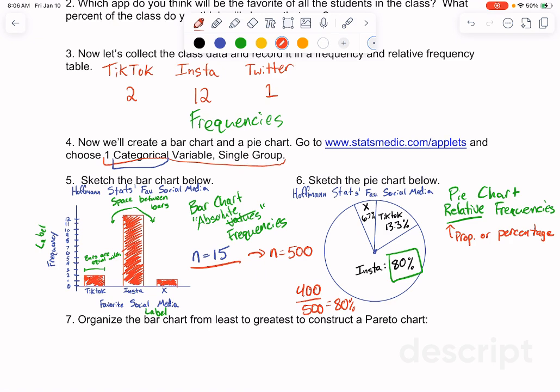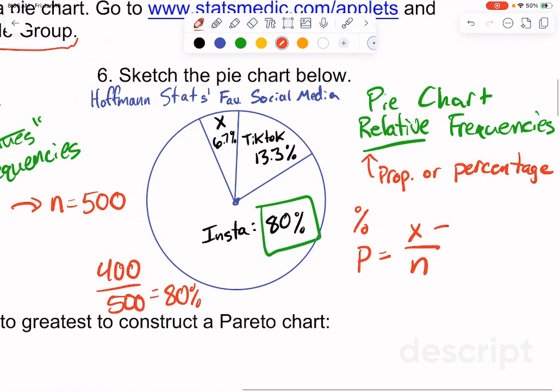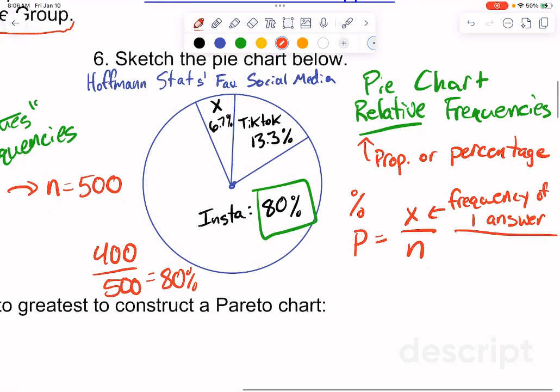Relative frequency, we always say the percentage or the proportion is going to be x over n. It's just a fraction, where x is the frequency of one answer, and n is your sample size.